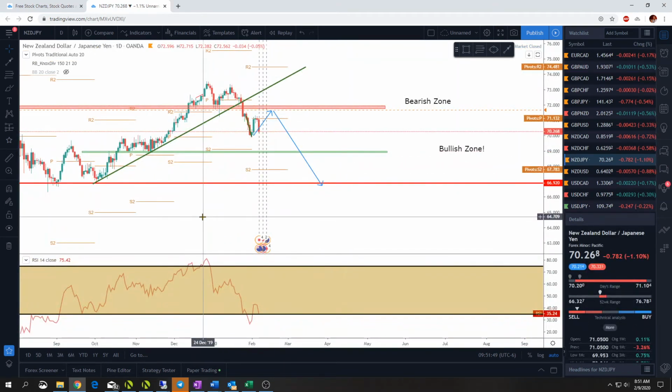NZD JPY. All right, so we predicted a bounce all the way back up to our zone. It only got to the pivot and then came back down. We missed it. Dang it. But